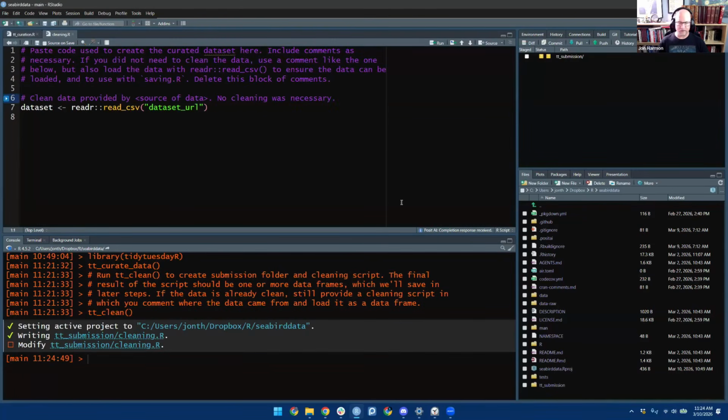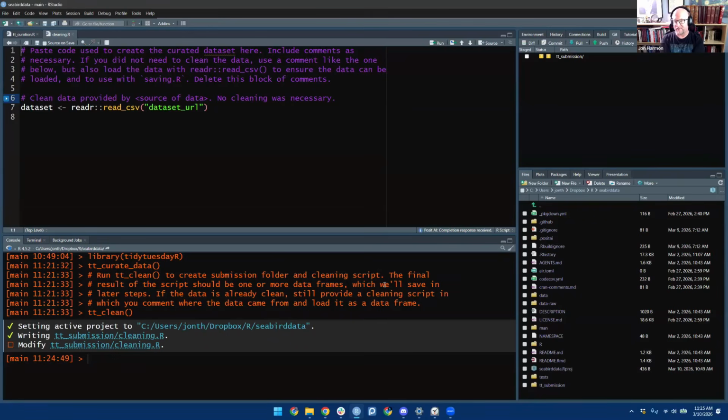And just to back up a little bit, what is happening here is as I run these, it created within whatever project I'm working in RStudio, a TT submission folder. This is designed to be standalone, and once it's merged, you can delete it. You can do it wherever. And so if you already have a data set,